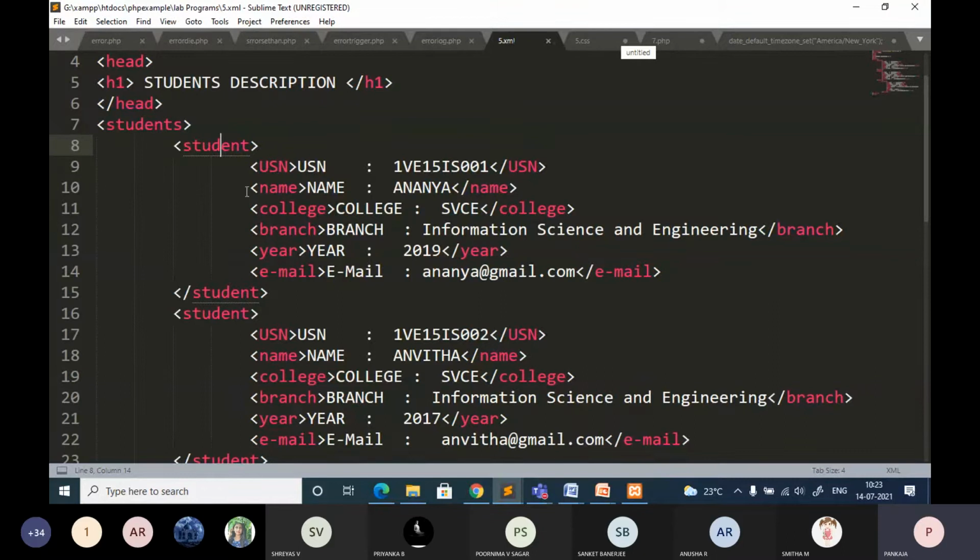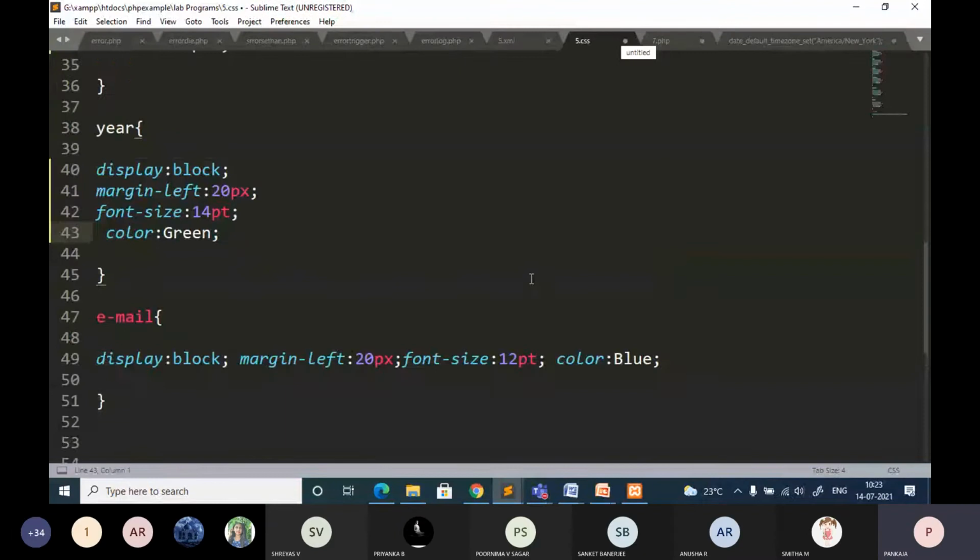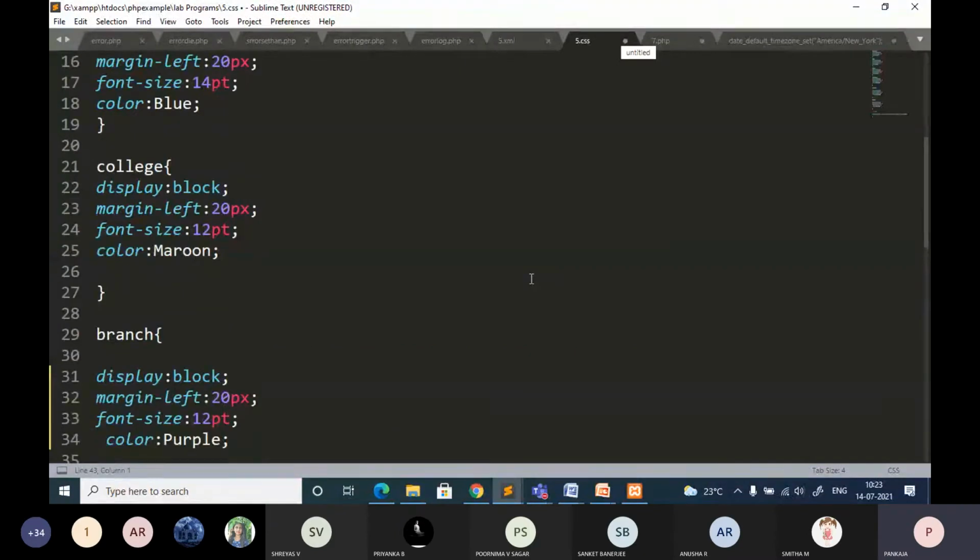If you have done this, you can go to the styling part. Go through the program.